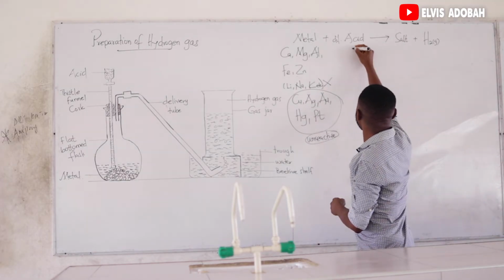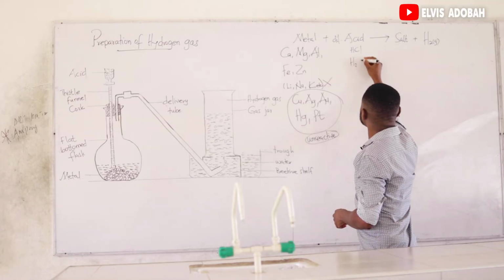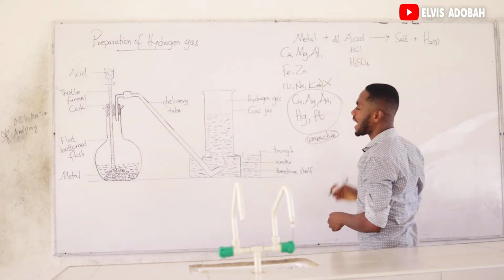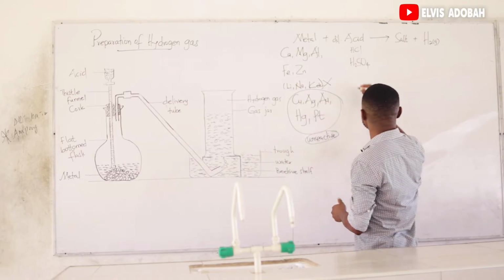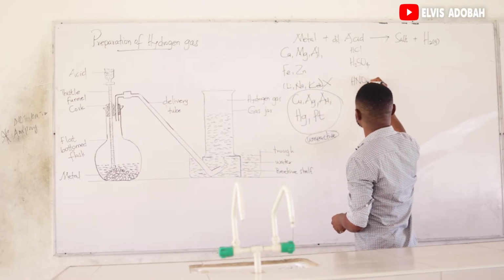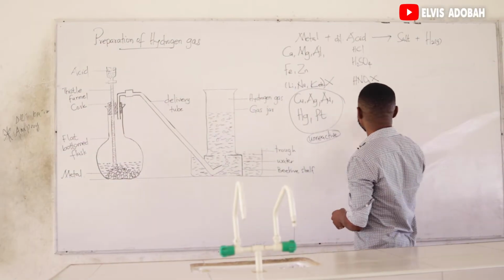We can use hydrochloric acid for this reaction. We can use tetraoxosulfate(VI) acid for this reaction. But we don't normally use trioxonitrate(V) acid for this reaction, because this acid